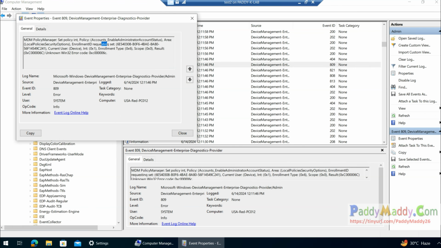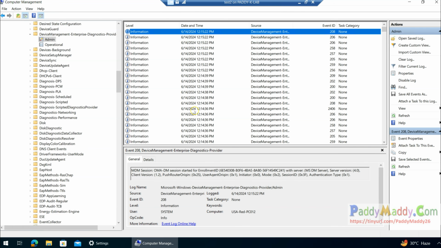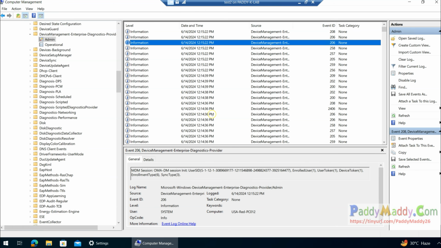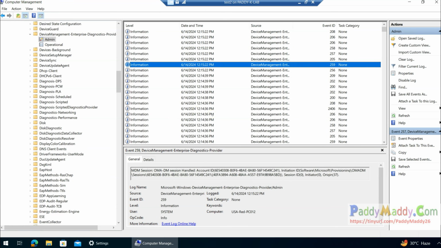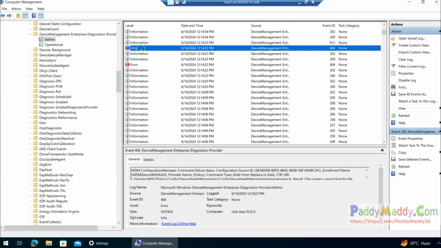Now I just cleared the filter. Now, if you could look at enabling the local admin account, this was actually throwing some error in the past. Now, it should be a success if I just simply wait for a couple of more minutes by syncing up. Now we did sync up, and now if I go back to the events to verify if it is enabled or not, or even I can check directly from the Microsoft